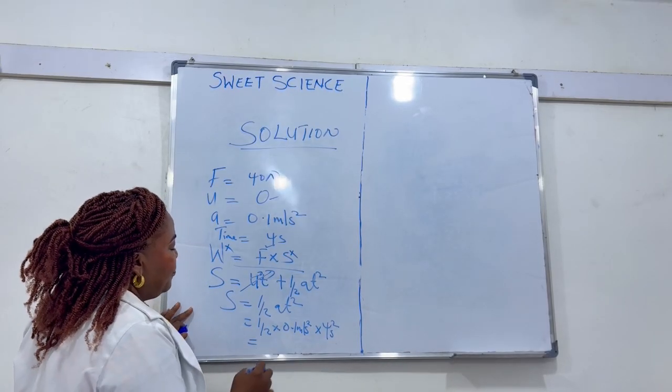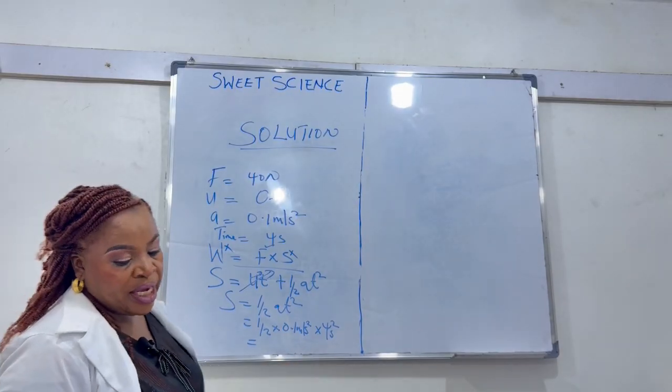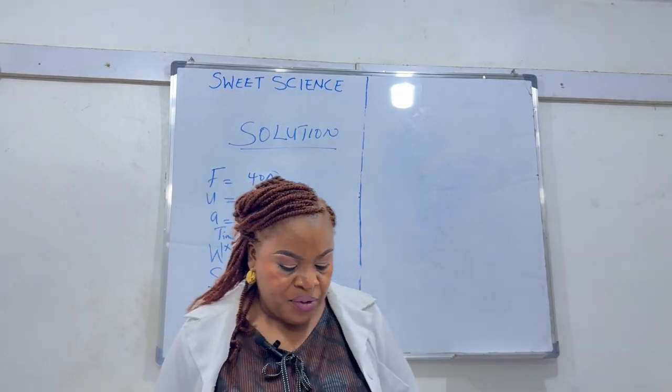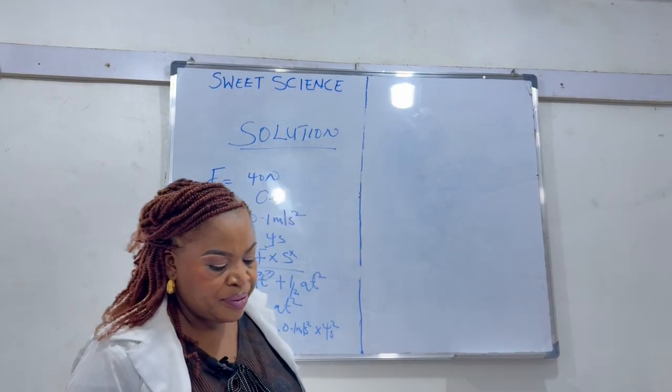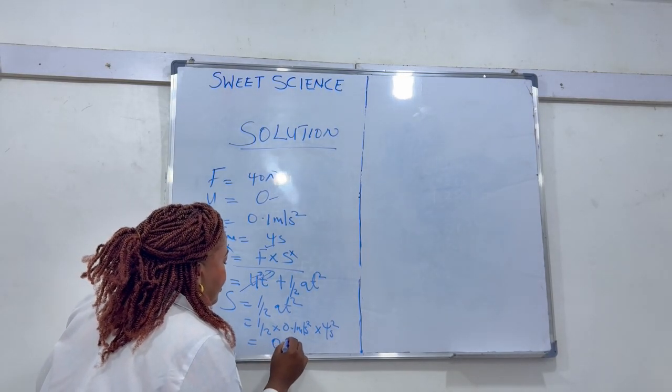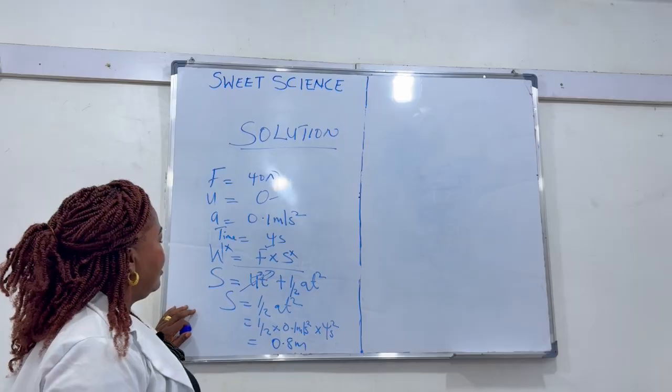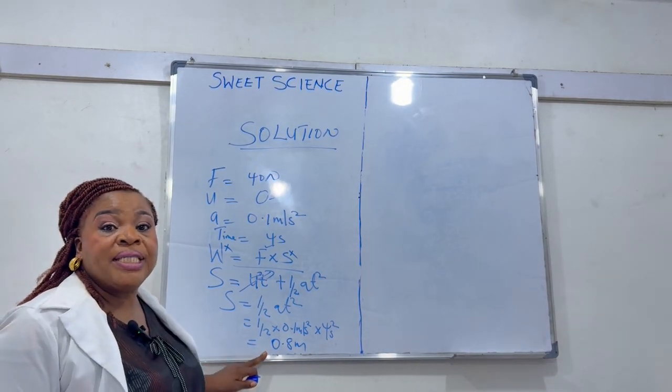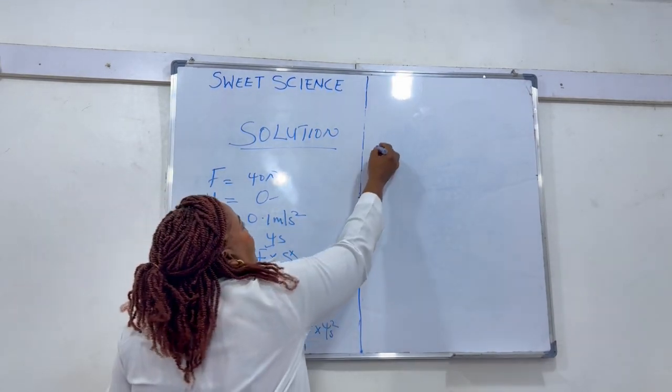And this will give us, when you calculate it, 0.8 meters. So distance now is 0.8 meters,